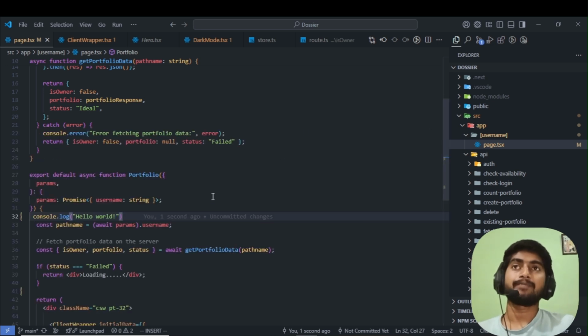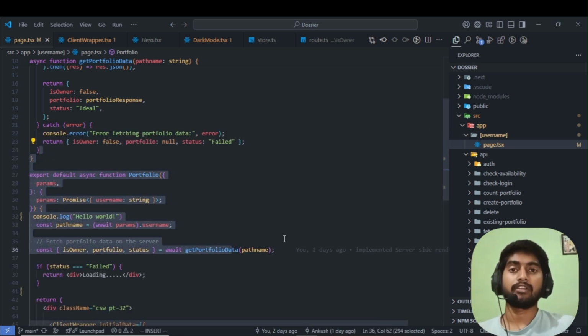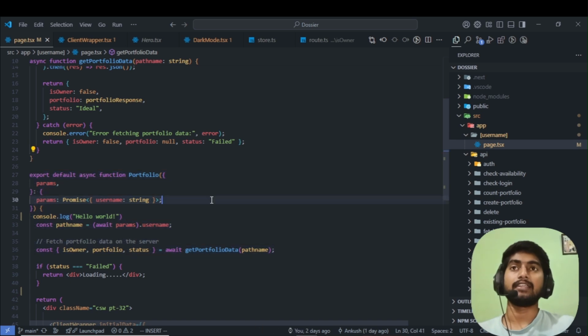So basically that's how you do server-side rendering when you are using Redux or any state management library which is tightly coupled. So, this video is on server-side rendering, and I made this because I was also facing this issue in